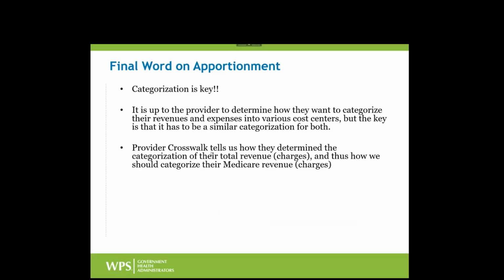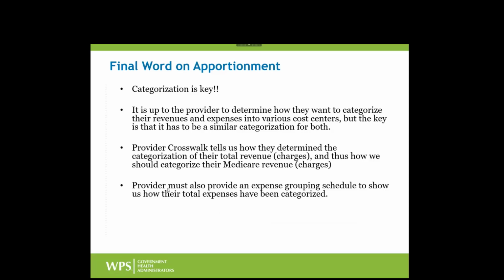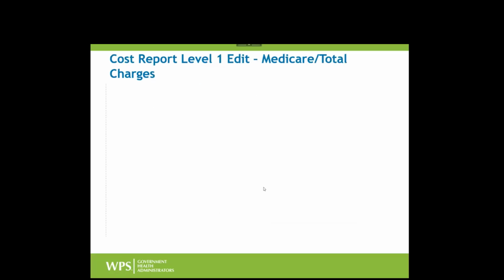There's a little bit different terminology there. We talked about accounts for the costs and revenues, but the items you billed, the terminology there is actually revenue code. That's how you bill them. So those revenue codes need to be grouped into the related cost centers as well. The point here is all three things need to be matched up. They need to be consistent. Your total costs, your total charges, those use the account to cost center grouping. Your Medicare charges use the revenue code to cost center grouping. They have to be similar. And yeah, so that's what we talked about there.